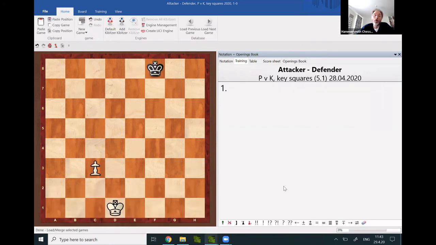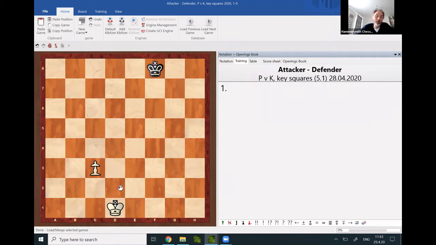I mentioned key squares already. The key squares for the attacker in the case of this pawn would be 2 rows ahead, the 3 squares in front of the pawn. So for a c3 pawn, it would be b5, c5, d5. If the white king can reach those squares, then he would win the game. Now, if black can prevent white from reaching those, then it would be drawn,